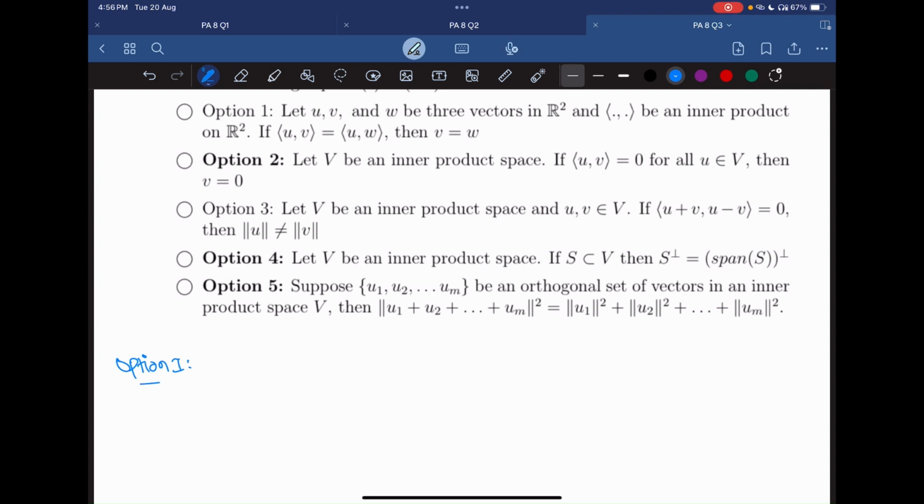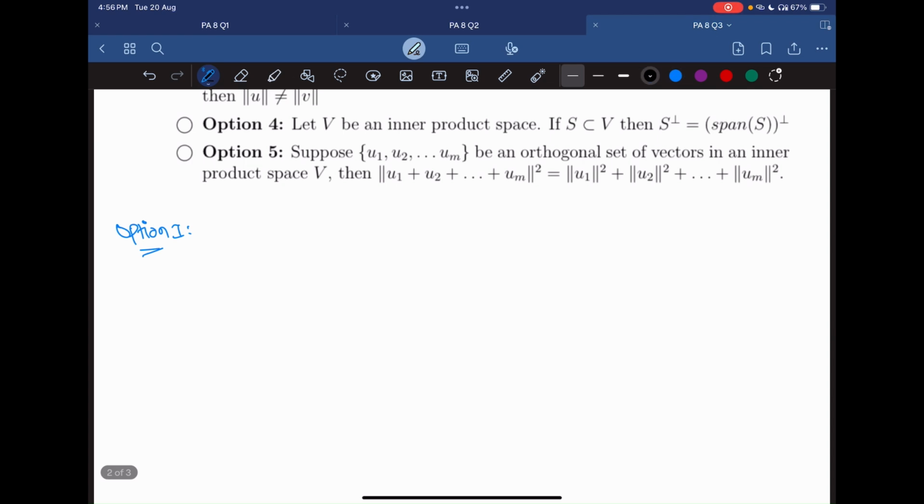Option 1. Option 1 says let U, V and W be three vectors in R2 and this is defined as the inner product on R2. If the inner product between U and V is the same as the inner product between V and W, then V is equal to W. So for this option, consider three vectors: U to be (1, 1), V to be (2, 1) and W to be (1, 2). If we consider our inner product to be the standard dot product,